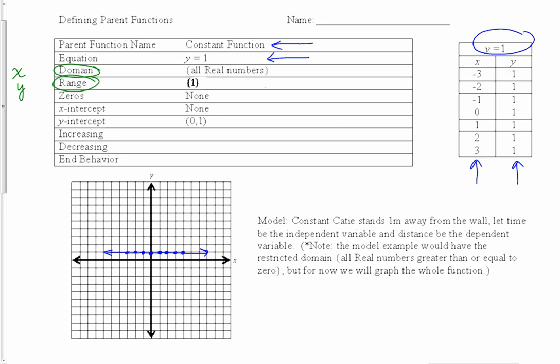So the domain is x, which is left to right. As I look at my function I've drawn here, going left to right, I go forever in either direction. So for my x's, I'm going to say x can be all real numbers. There's nothing that x can't equal. I don't like writing the words all real numbers. Another way I can do that is by writing curly brackets. I write x. I make a C shape with a line in the middle,